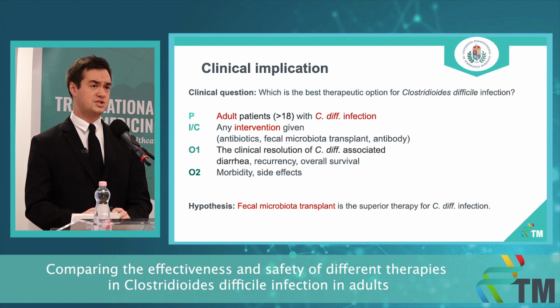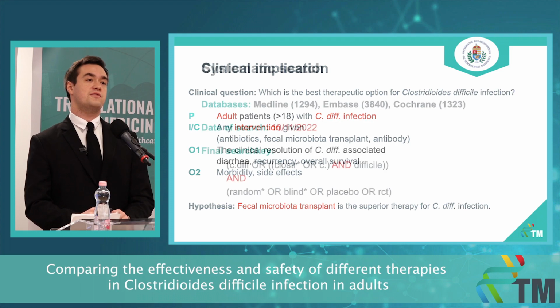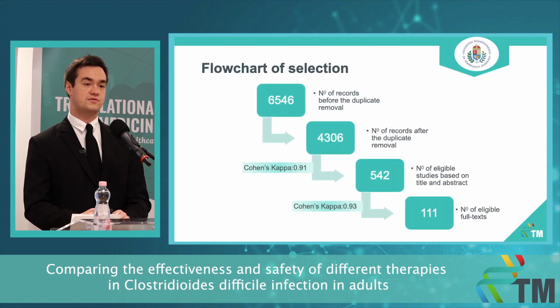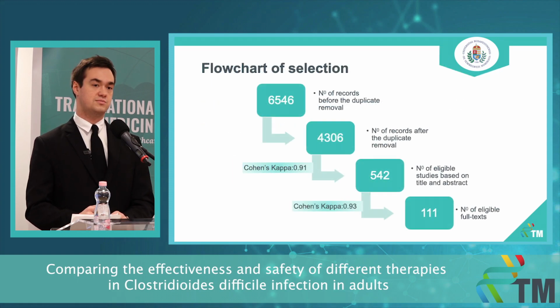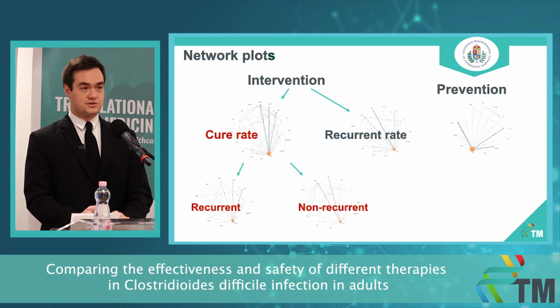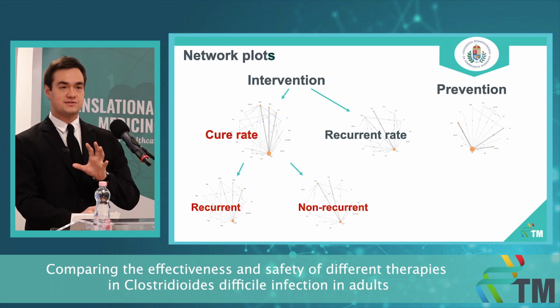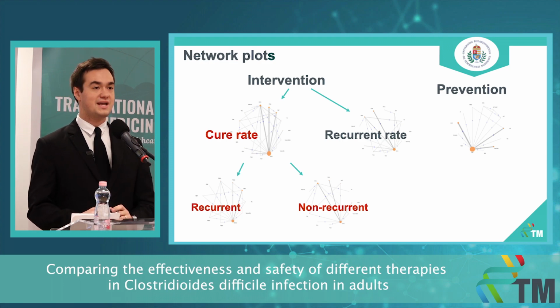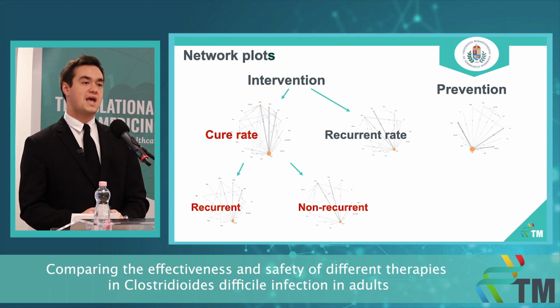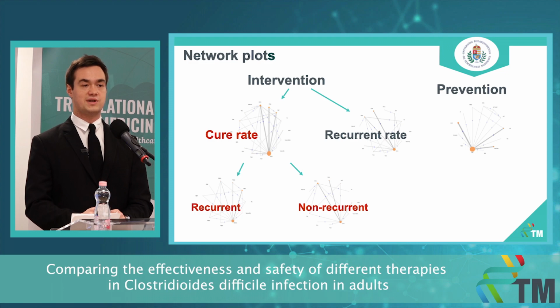Our clinical question: which is the best therapeutic option for C. diff infection? We did our systematic search with these final search keys in the 3 main databases, and at the end we've got 111 eligible full texts for the data extraction. So let me introduce to you our main endpoints. This is the cure rate, the recurrence rate, and the prevention. Today in this presentation I will show to you the cure rate globally, and in subgroups, the recurrent and